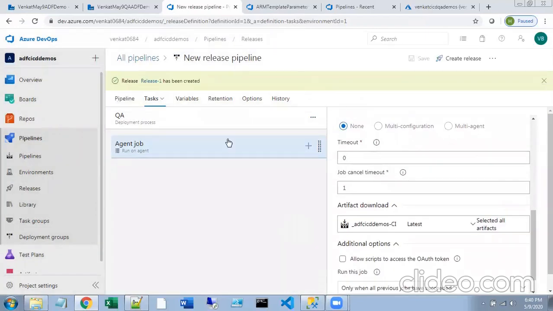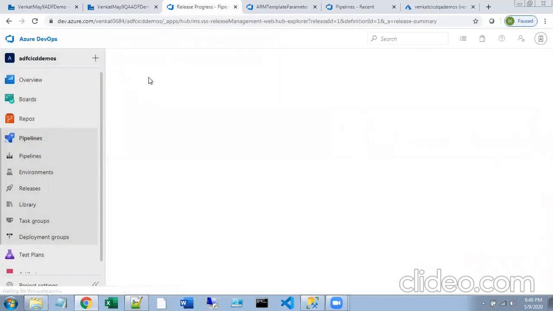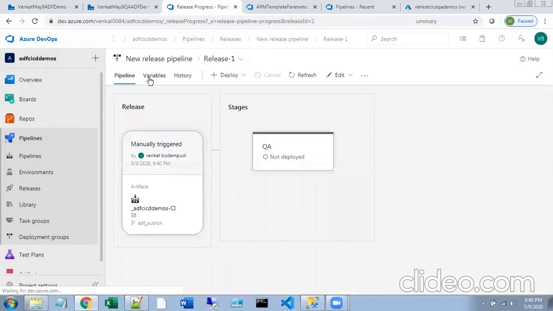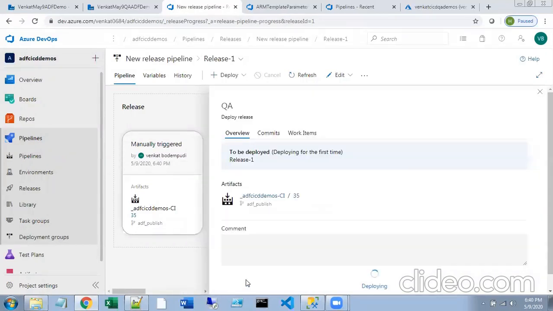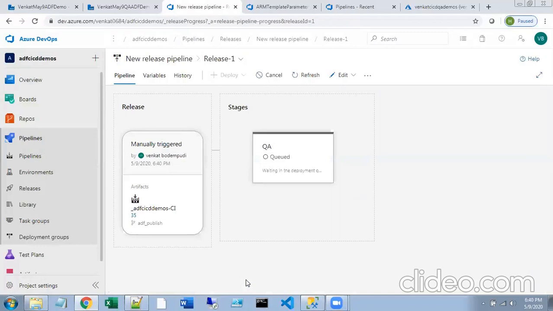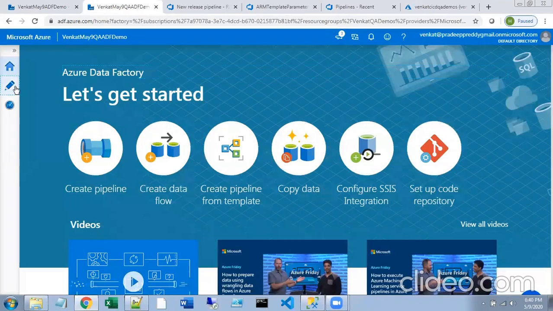Go for release 1. This is the release that has been created. Now click this for the manual deployment for the first time. Say deploy. If you go to the QA environment, as of now, there is nothing, right?